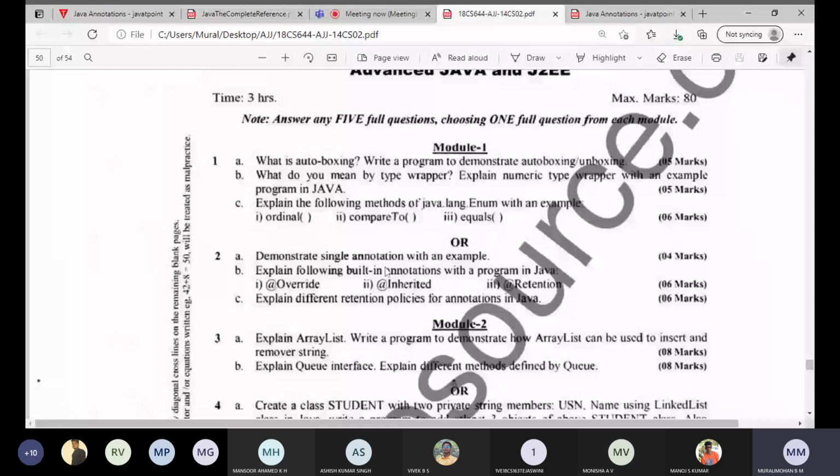They are only giving override, inherited, retention. You should explain this with the help of examples. Next, explain different retention policies for annotations in Java. Again, a repeated question.